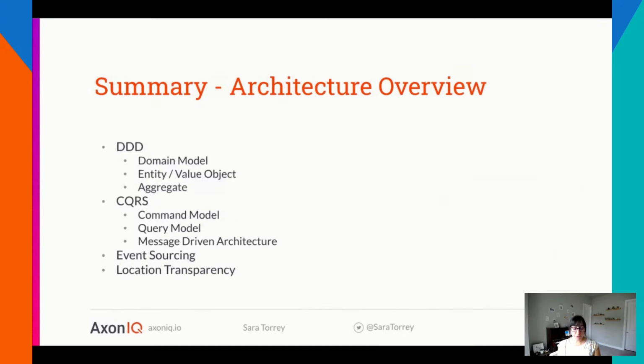And for that, we talked about location transparency, which is the notion that your components don't need to know the physical location of other components they communicate with. So that gives you a lot of flexibility to be able to go from a well-designed monolithic system with clear API design into more modular or microservices systems.